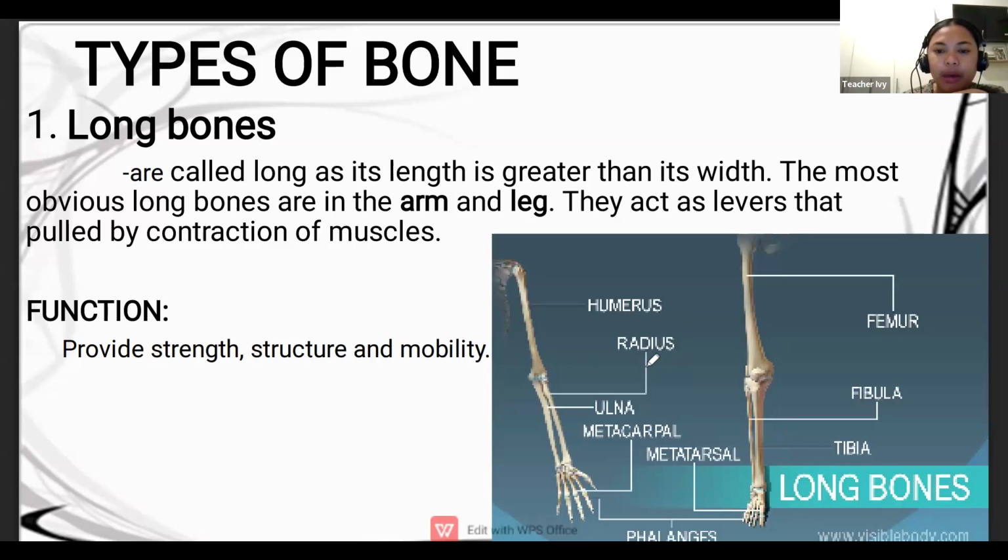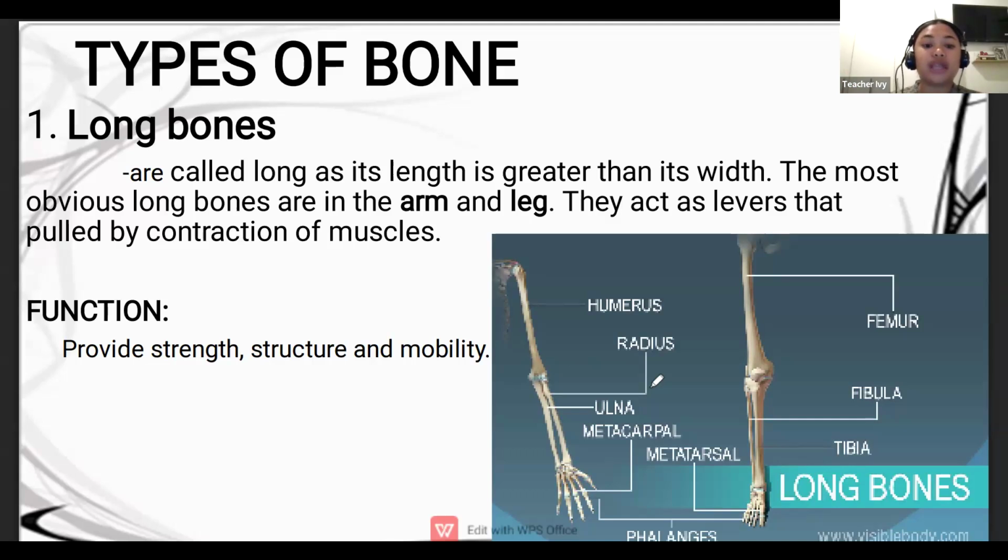Your question is about the radius and the fibula. The radius in the lower arm and the fibula in the lower leg. Is that correct? Yes. What if they're not there? Okay. So if these two are not present in our lower arm and lower leg, there is a tendency,